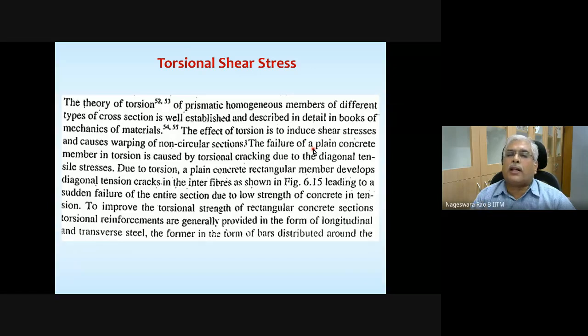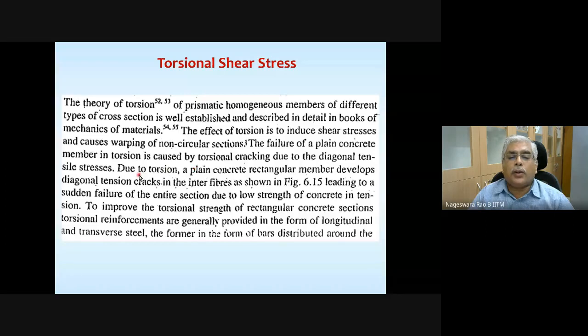You apply the torque till the chalk breaks into two pieces, and you see the failure plane. The failure plane is going to be at almost 45 degrees, and failure is going to happen because of diagonal tension. So you do that experiment. It's not necessary to use only plain concrete; even a piece of chalk you can use to do the experiment and understand that. The behavior of plain concrete is going to be similar to that of the chalk that I just mentioned as a part of the experiment.